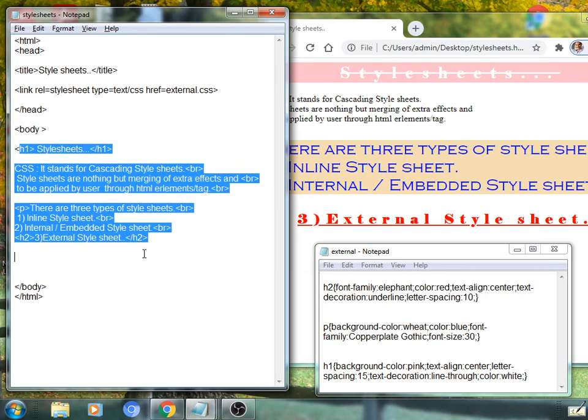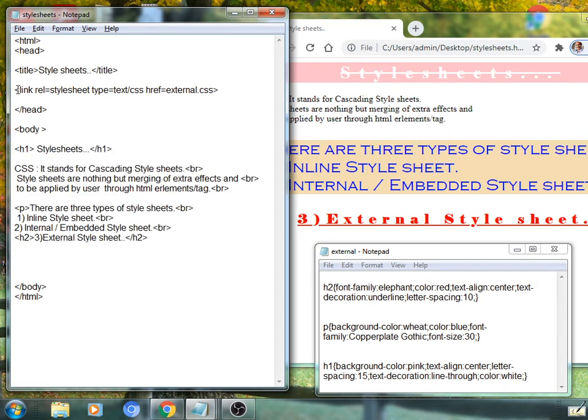Within it, meaningful content about the web document is given, and within the head section there is one more important tag called the link tag, which links the CSS file with the HTML file.